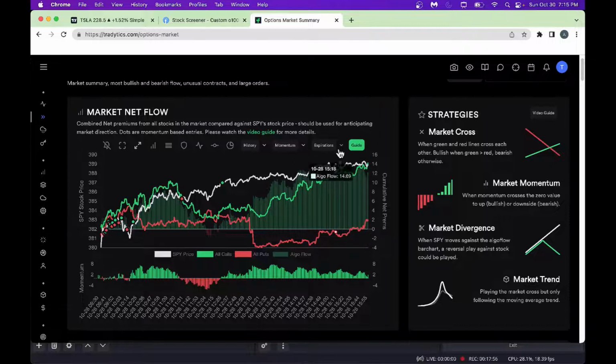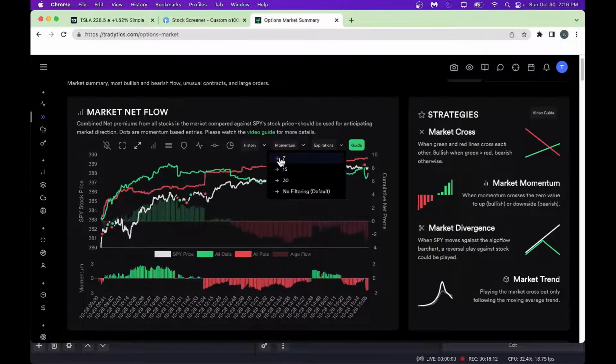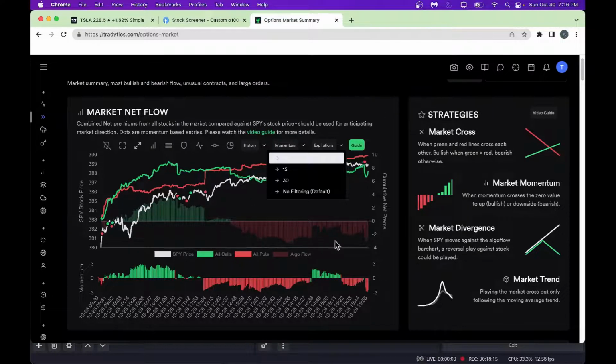And you can change the expiration here. We are looking at one day. This platform has more history, so you could look at 15-day, 7-day, 30-day. For example, if you are a weekly options trader, you could look at 7 days and look at the chart itself. One of the important things to notice here is these red dots. Whenever you see these red dots, it's telling you that market sentiment is not so great. You can try to trade on the shorter side or buy some put options.